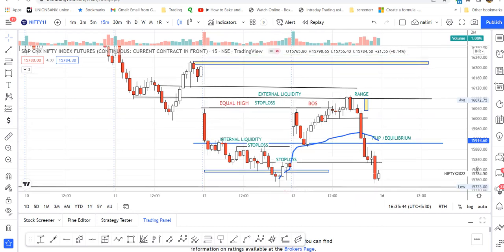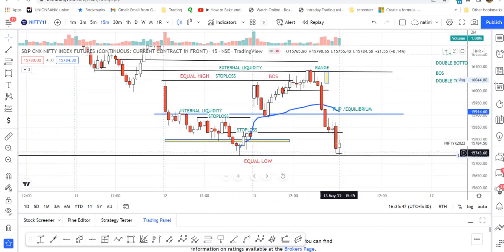The price has come down. Now it has ended at the equal low. Again, liquidity will be induced into the market. Price may, after this huge fall, there is an imbalance. There will be inducement. How will it be? It has induced already. Before closing, you can see a green 15-minute candle going up to 15,803 from 743. 60 points of inducement has happened.